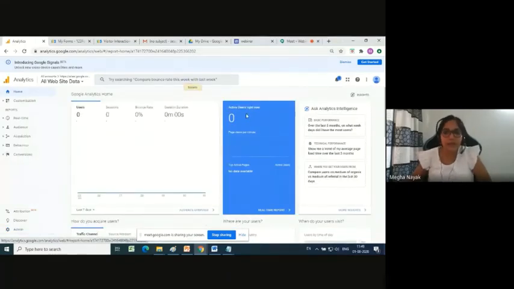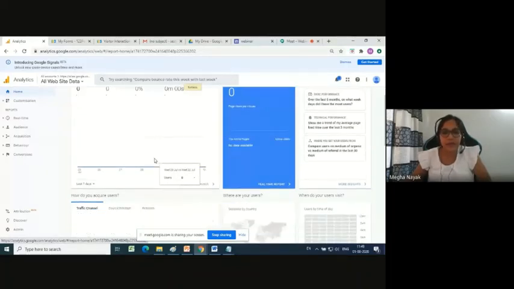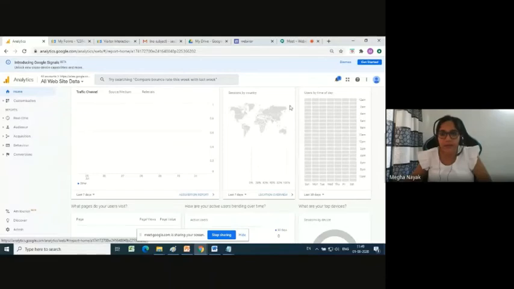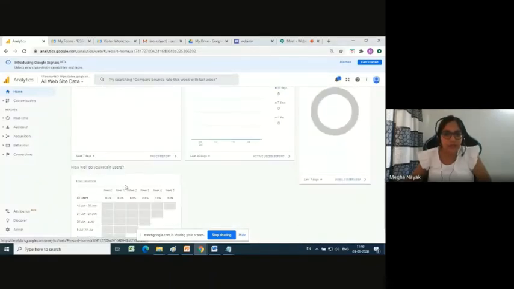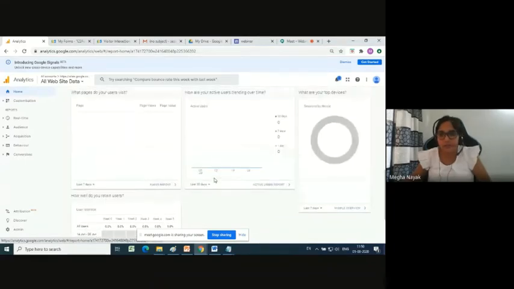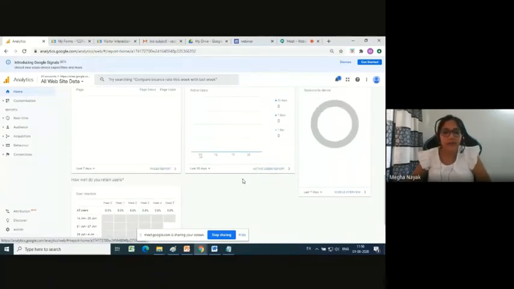On that particular website, the active users are 0 because no one has been viewing that, and that was just for demo purpose. So that's how you get active users, and also you will get users by time of day, sessions by country, traffic channel, the pages, when were they retained on your website, the dates. Also you're going to see how they browse it. So every time you have an active user, all this gets populated and you can almost have an analysis of how your website is working.